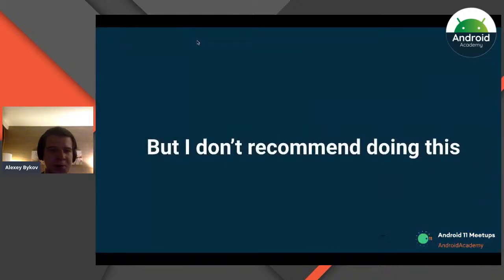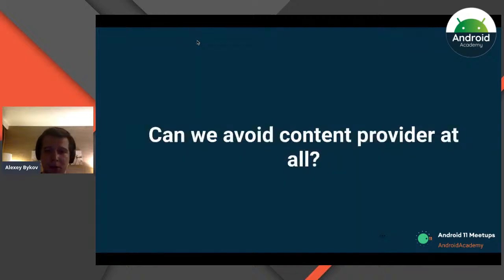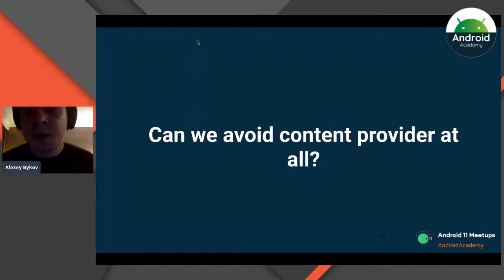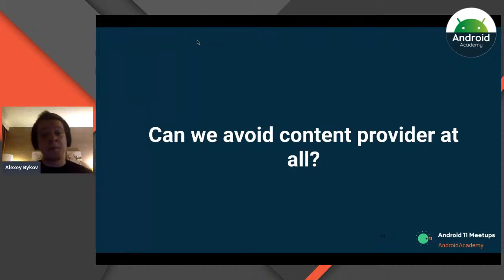But to be completely honest, I don't recommend doing this. It will be more pragmatic to wait until the developers replace content providers with application initializers.